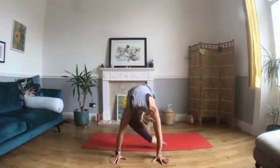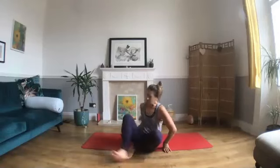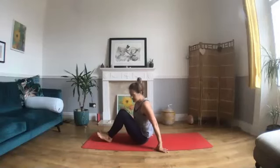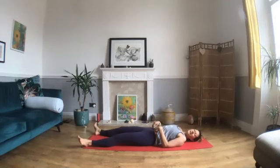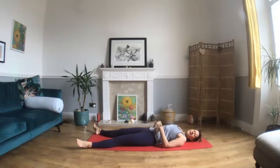Exhaling, downward dog. Coming through to a seated position. Preparing for your Shavasana. If you like a longer meditation and you wanted to turn your screen off and go in for a longer meditation, that's totally okay. If you feel okay to just have a few minutes, coming onto your back, allowing your feet to be out to the side,